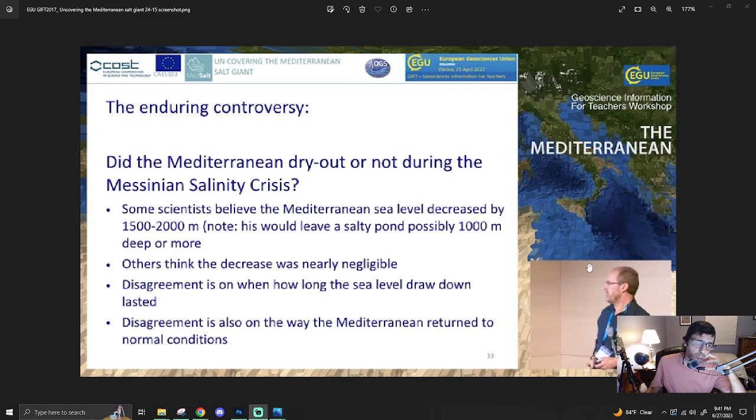So it's a controversy. Did it dry out or not? Some scientists believe the Mediterranean sea level decreased by 1,500 to 2,000 meters. This would leave a salty pond possibly 1,000 meters deep or more. Others think the decrease was nearly negligible. Disagreement is on when and how long the sea level drawdown lasted. Disagreement is also on the way the Mediterranean returned to normal conditions,